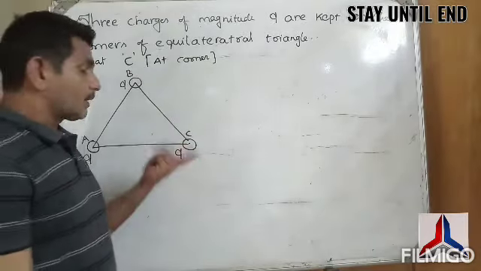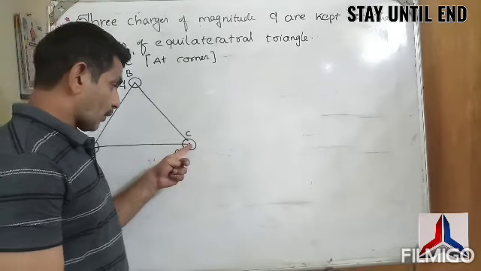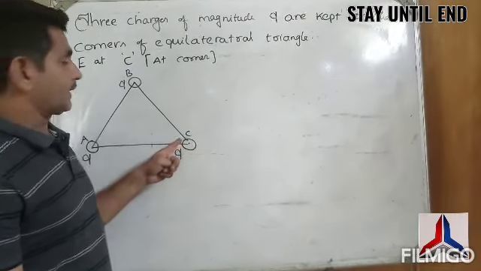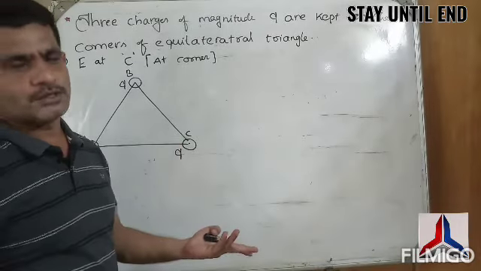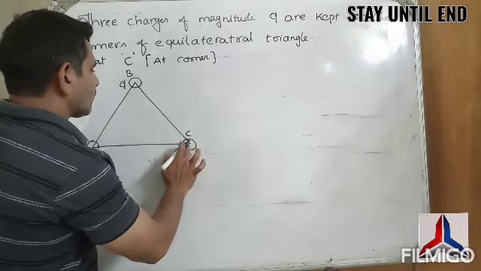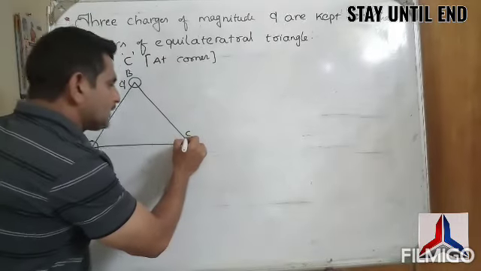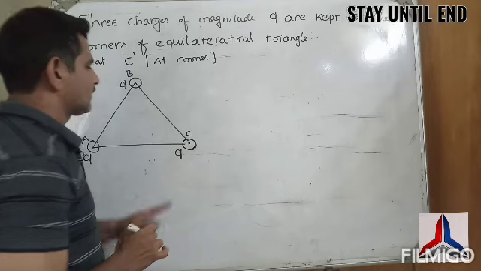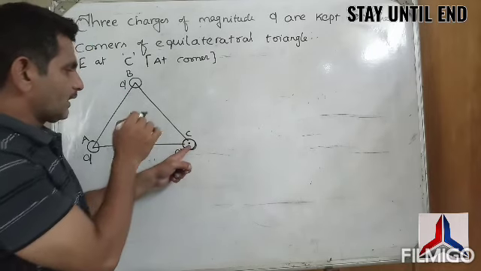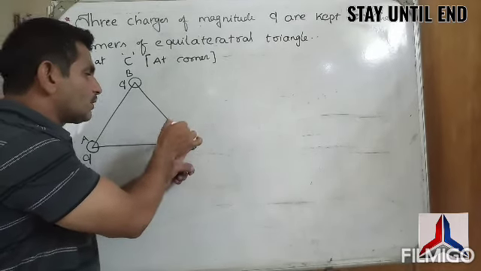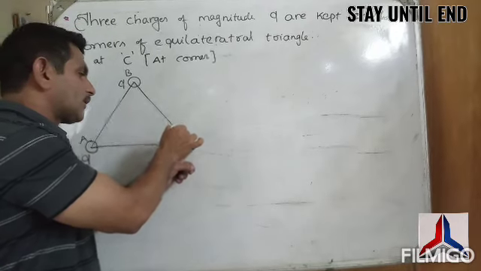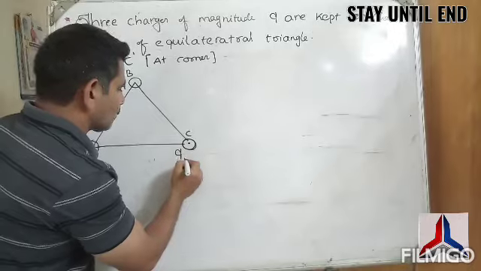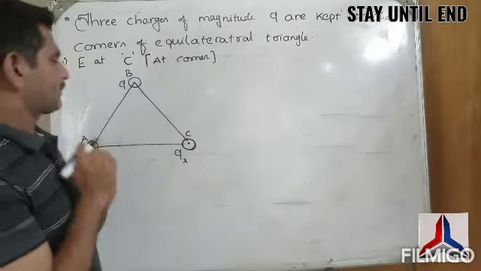Understand? The question may be different. If the problem is given, find the electric field intensity at this point, you can go through like this, or otherwise a different procedure. So first of all, first come to the point. The charge located at this point cannot produce electric field intensity here, because there is no distance.